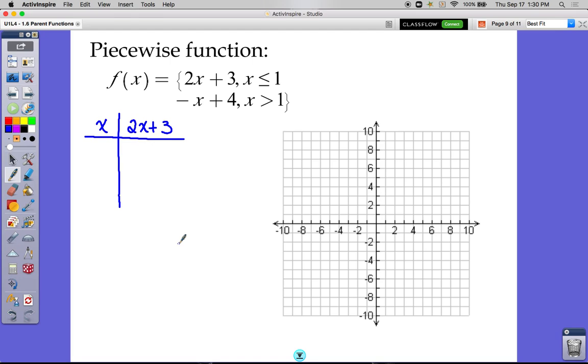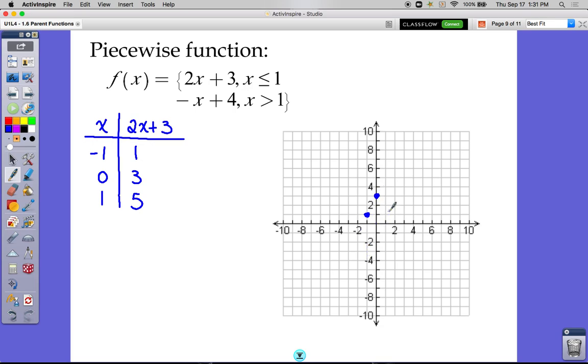So it's exactly what you need to do. Pick values that are less than or equal to 1. So 1, 0, and we'll say -1. And we plug those in. 2 times -1, -2 plus 3 is 1. 2 times 0, 0 plus 3 is 3. 2 times 1, 2 plus 3 is 5. So for the top equation, I get these points. -1, 1, 0, 3,